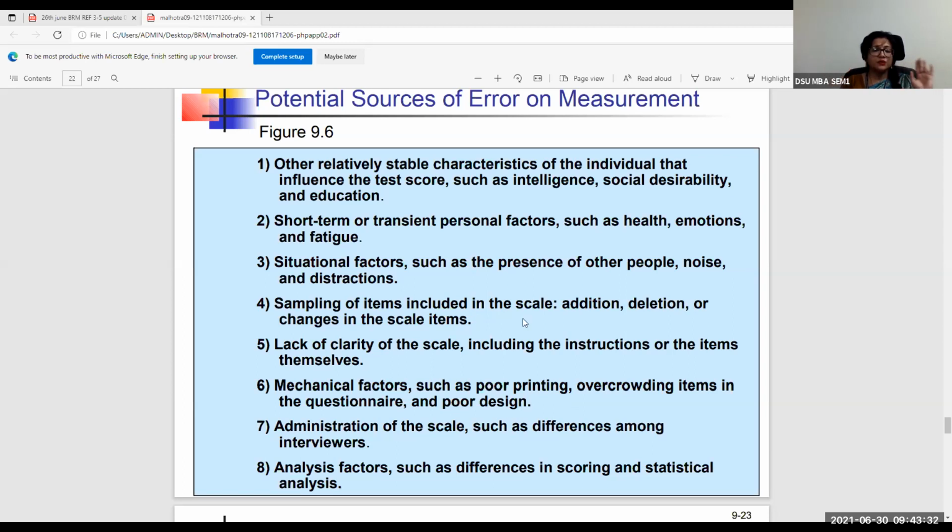of items included in this scale, there should not have been any addition, deletion, or changes in the scale items that may have unintentionally crept in through the language translator. All right. So in order to keep that systematic focus, in order to keep the objective focus, we don't have any bias towards anybody. We don't have any kind of emotion or partiality towards anybody.